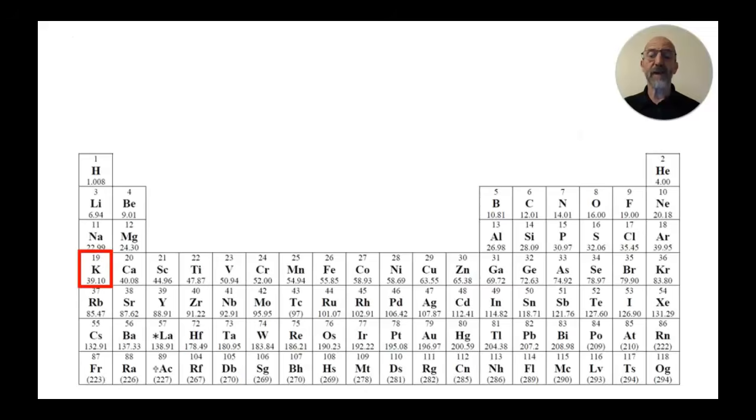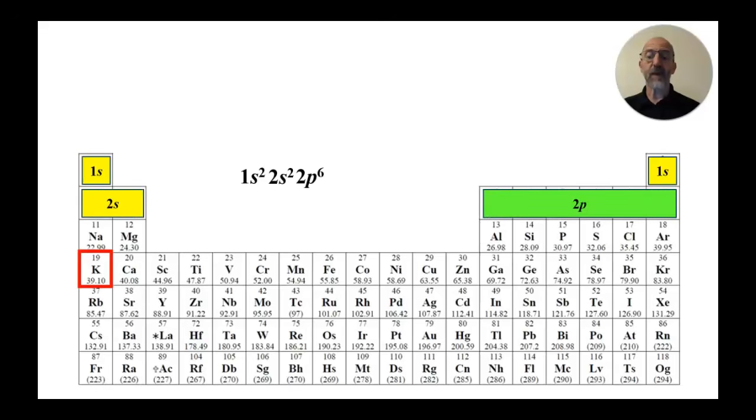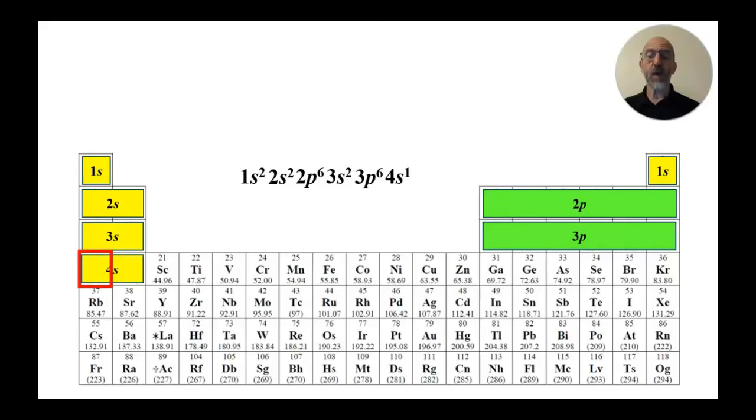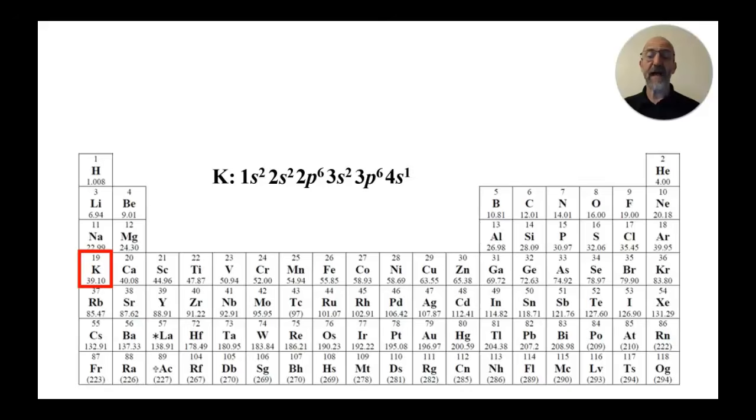So on the periodic table, we can see that potassium, the atom, has a total of 19 electrons, and then the potassium +1 ion will have lost 1 electron, so it will have 18 electrons. The electron configuration begins with 1s2, followed by 2s2 and 2p6, and then we have 3s2, 3p6, and then finally 4s1 if we were writing the electron configuration for the potassium atom. But since the potassium ion +1 has lost that outer shell electron, the correct answer would be 1s2, 2s2, 2p6,